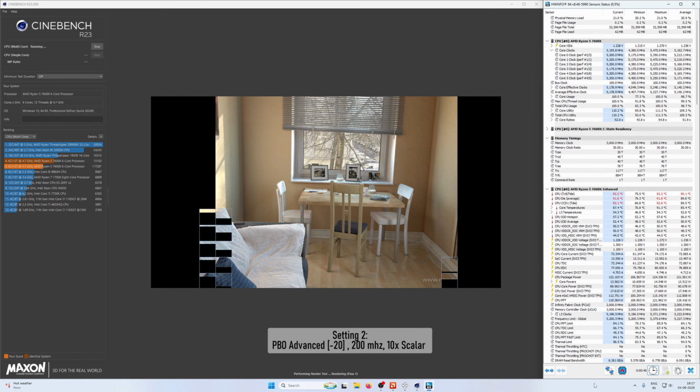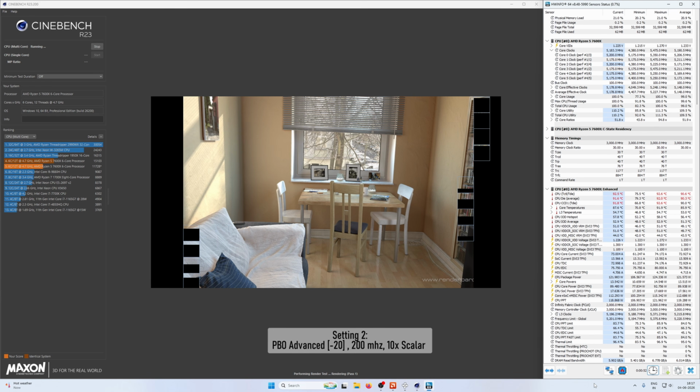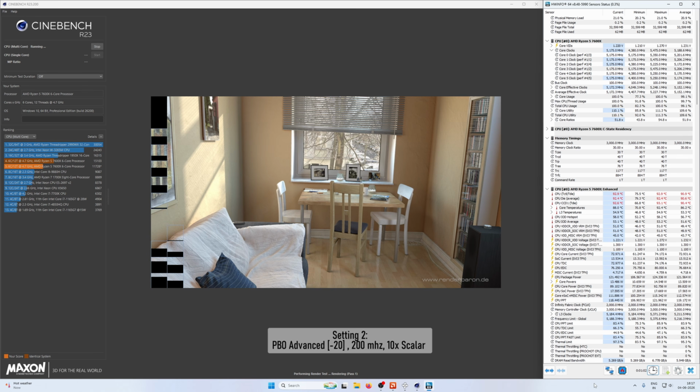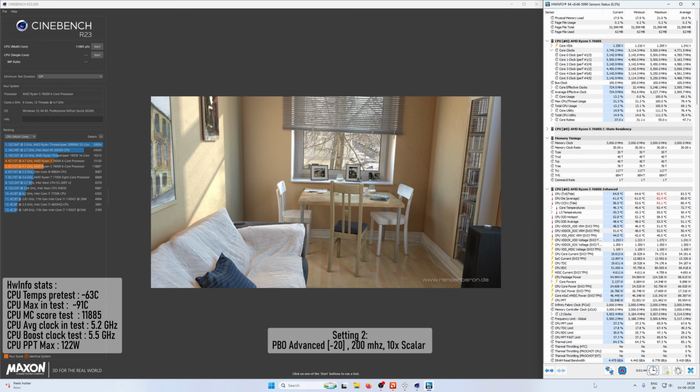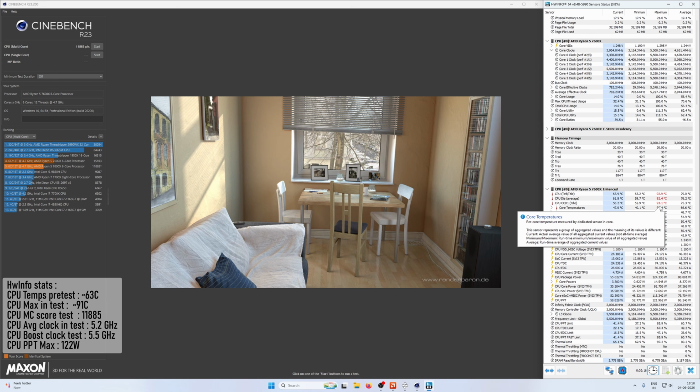As you will see, at default our base clocks were falling at 5 gigahertz, which is well below the 5.1 gigahertz which is advertised. But as we move towards minus 30 PBO, our clocks are at 5.2 gigahertz, 5.3 gigahertz, which is really good. 5.3 gigahertz was supposed to be the Ryzen 5 7600X boost clock that is advertised. So 5.3 gigahertz on multi-threaded performance is really good, and that is why I picked minus 30 and minus 35 as the best options that you could go with. And even